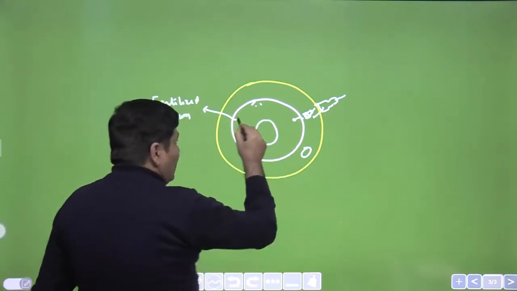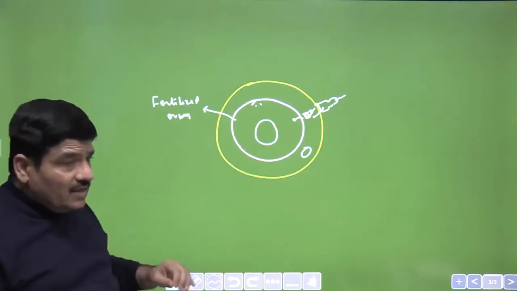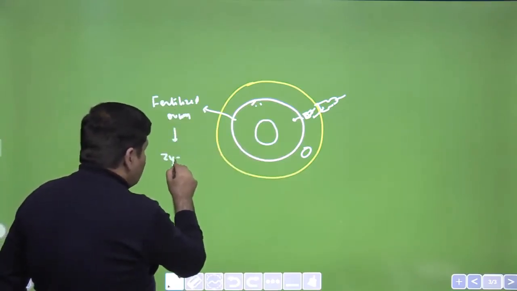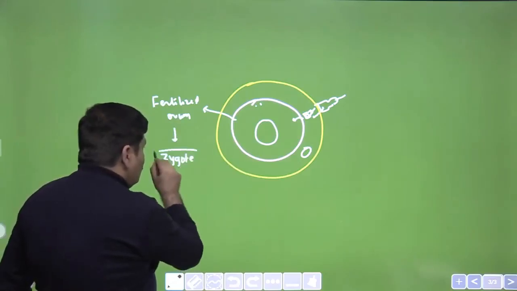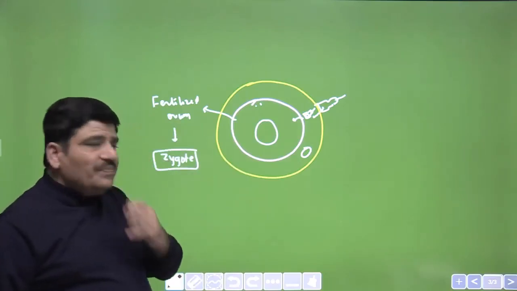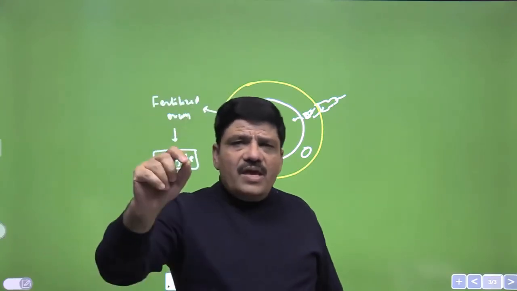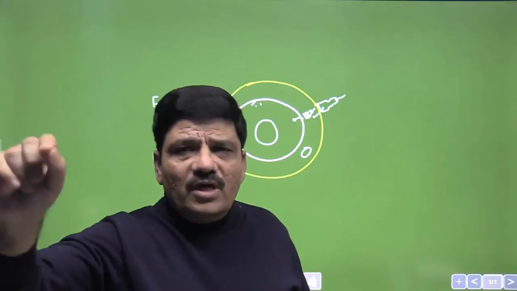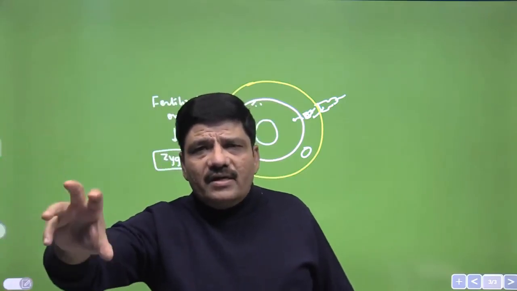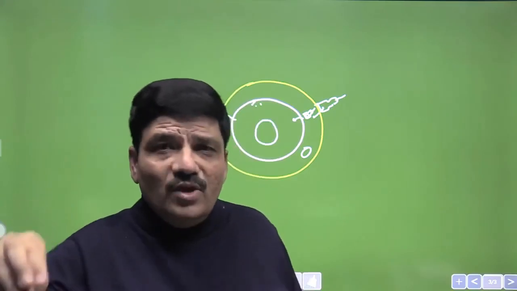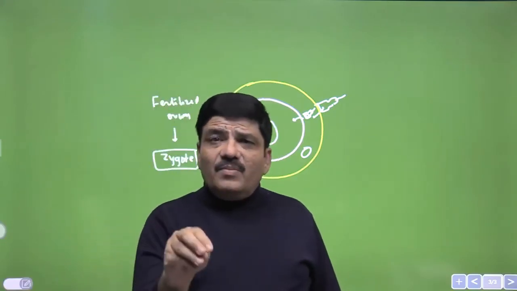You know that fertilization restores the diploid condition, and now this fertilized ovum would be called a zygote. So I hope this is absolutely clear. Just to give you a very quick recap, we say that the secondary oocyte surrounded by zona pellucida, corona radiata and ground substance is released at the time of ovulation into the peritoneal cavity, is picked up by the fimbriae of